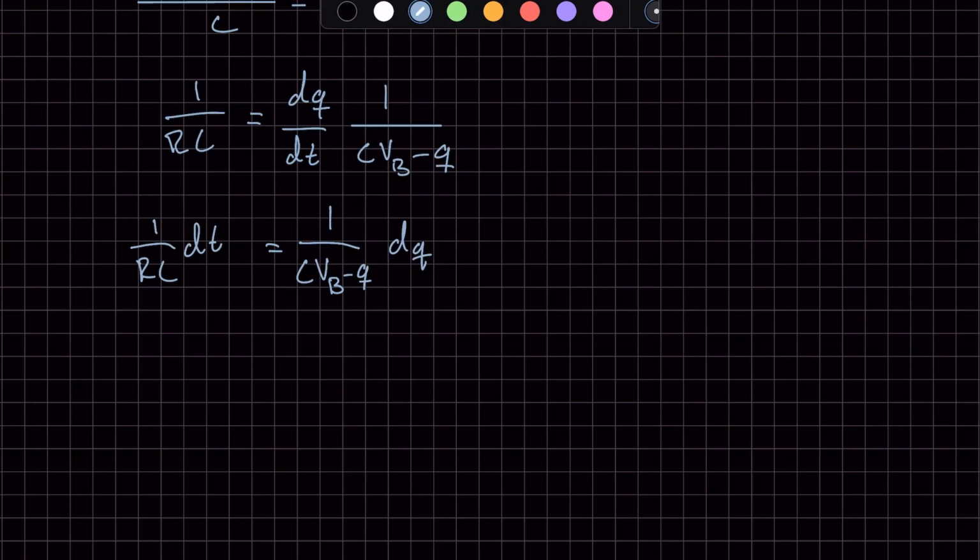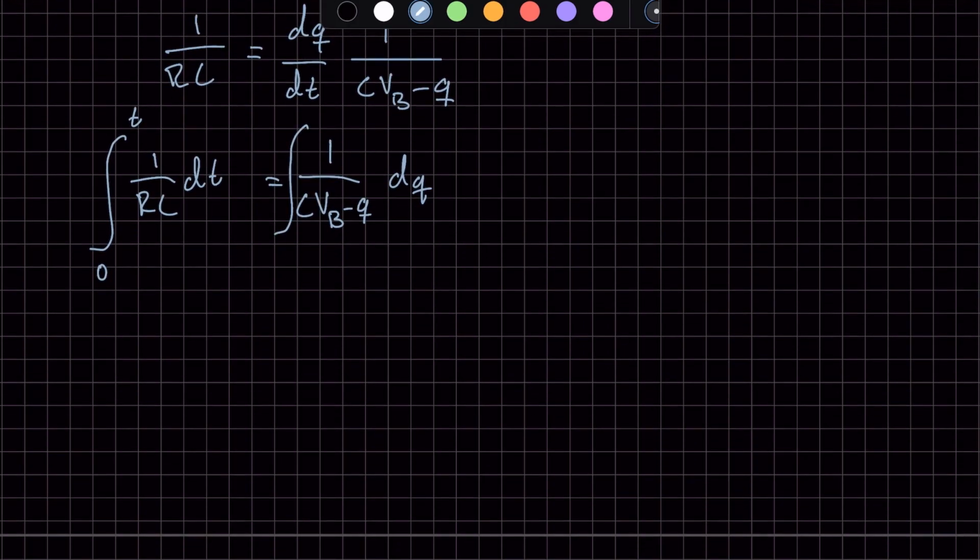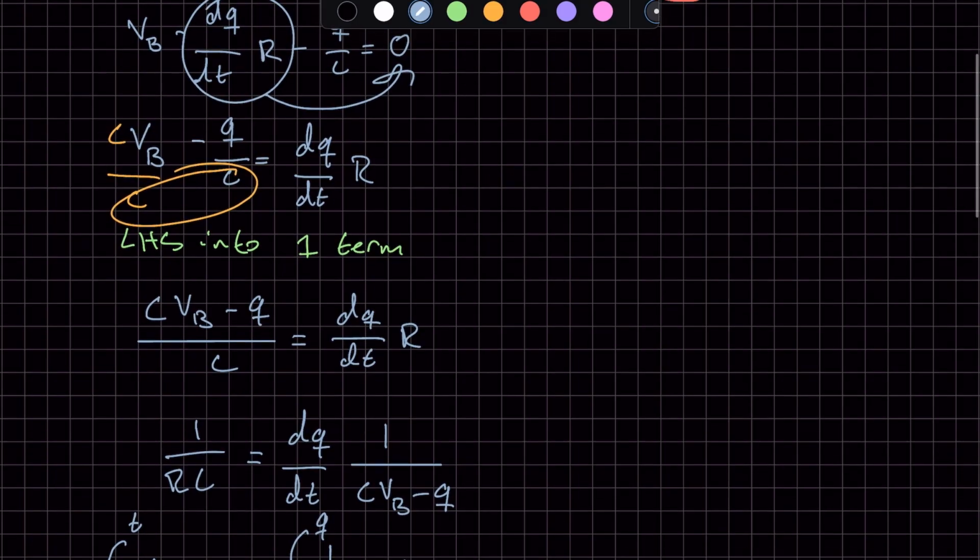So let's integrate this side from 0 to t, and integrate this side from 0 to Q. Just going to rewrite it: the integral from 0 to t of 1 over RC dt is equal to the integral from 0 to Q of 1 over (C V_B minus Q)